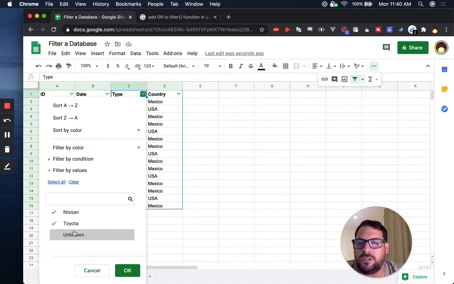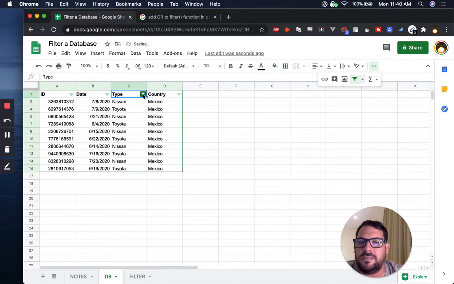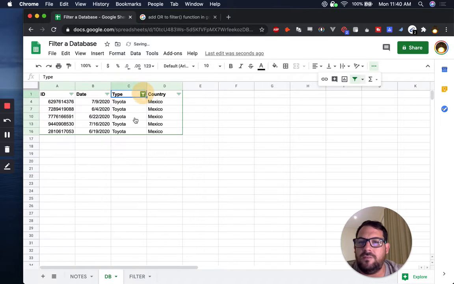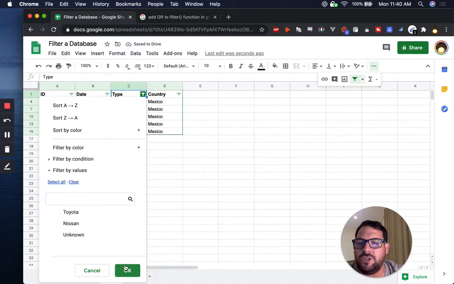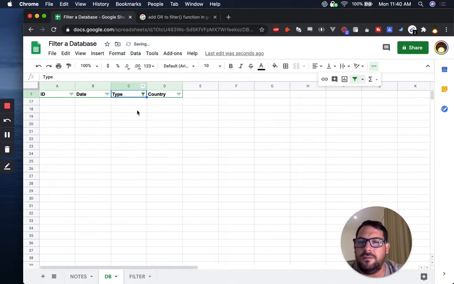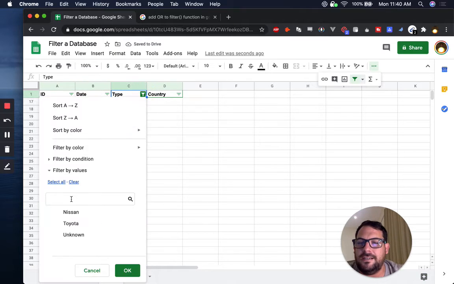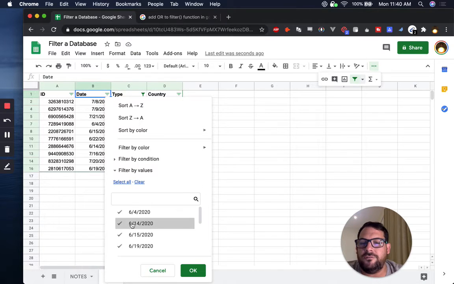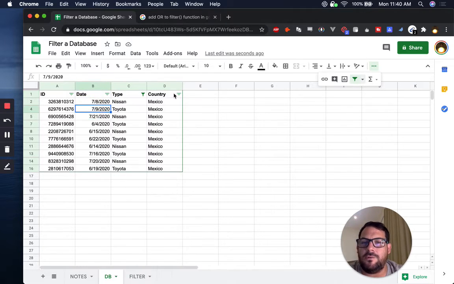We just want to uncheck the unknown. So we only want Nissan and Toyota. And here we go, we see Nissan and Toyota. We can check one, and we want sort of this functionality. If we have neither checked, nothing shows up. If we have both checked, we have Nissan and Toyota. So we sort of want that functionality, but we also want to have a range of dates and select specific